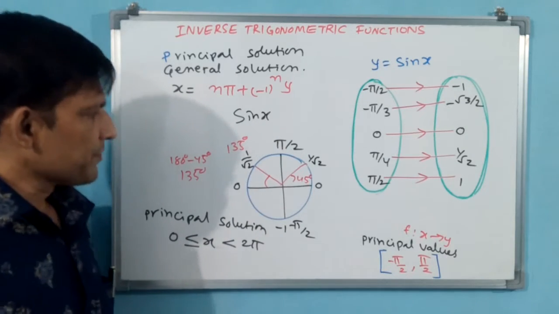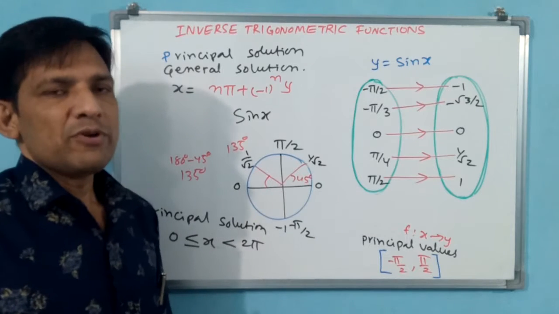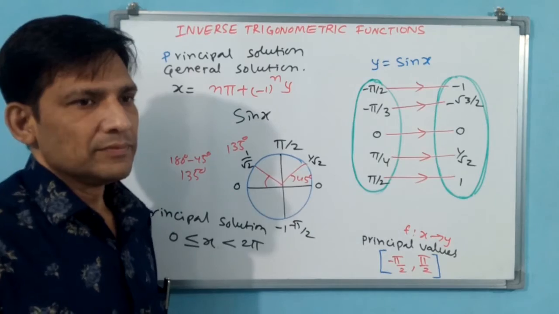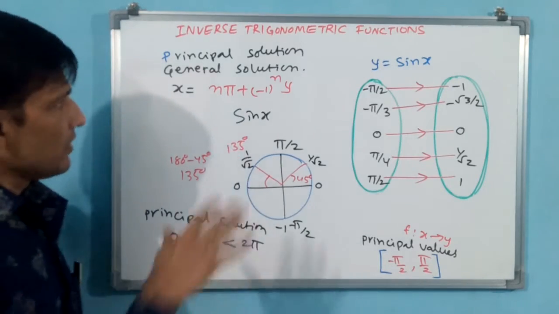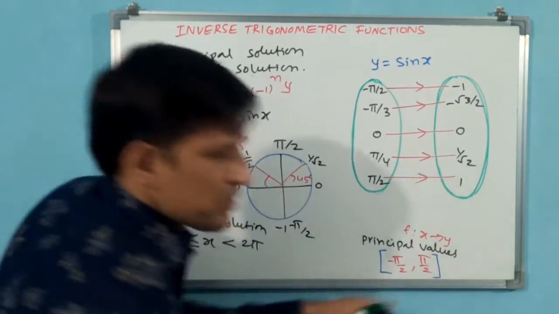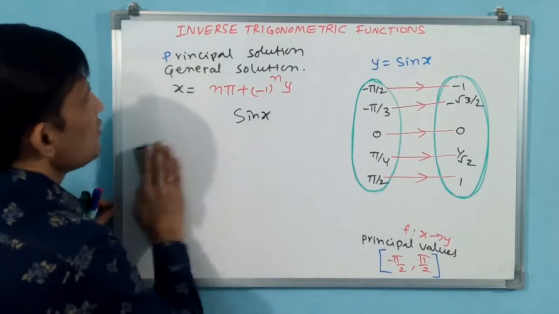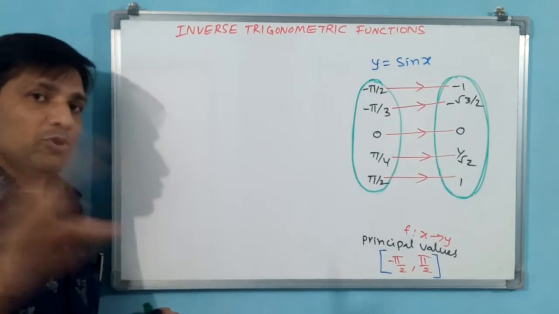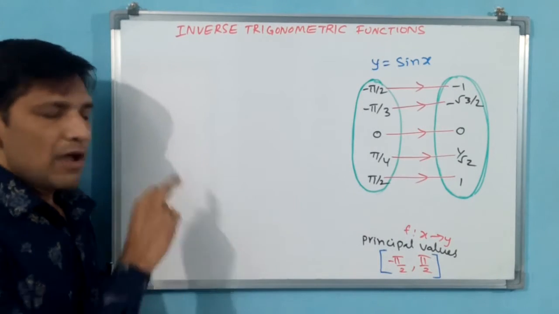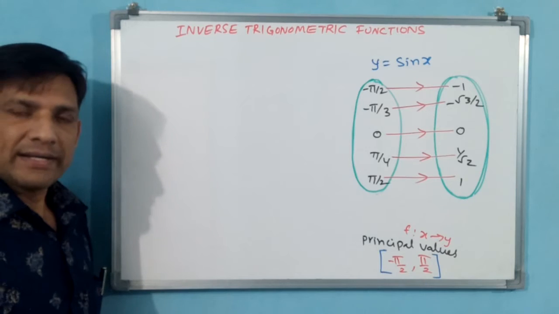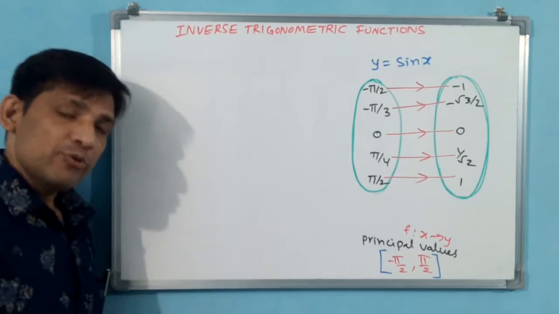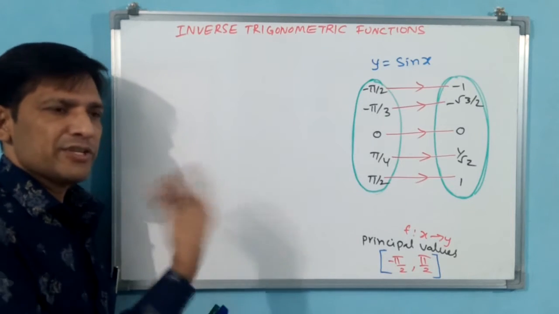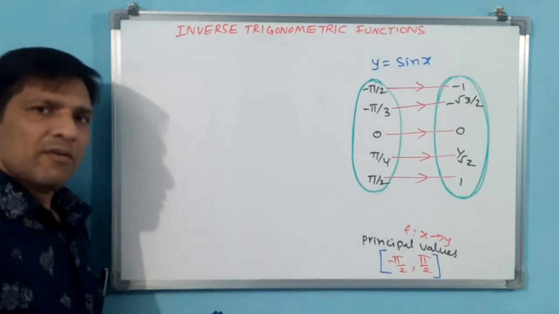Okay, now you tell me, why minus pi by 2 to pi by 2 only has to be taken? You see, I am going to rub this. Now you know principal values. Now we compare principal values with other values. Now, general solution angles we have not taken. Principal solution angles also we have not taken. We have taken principal values angles. See, these are all angles only. Input in sine or trigonometry function is angle, output is value.